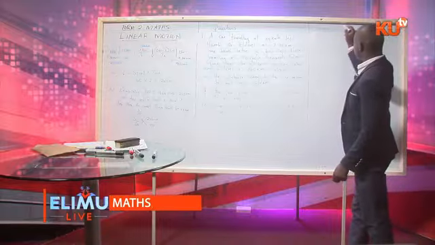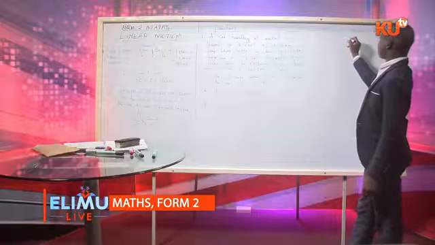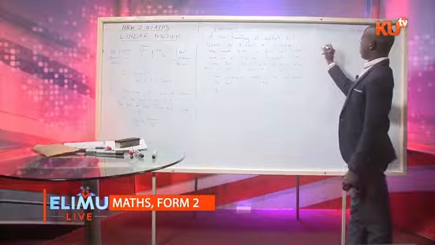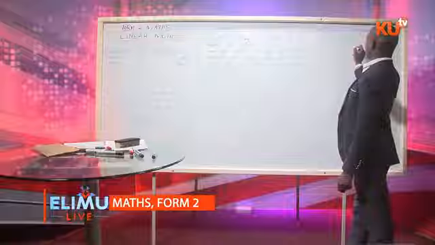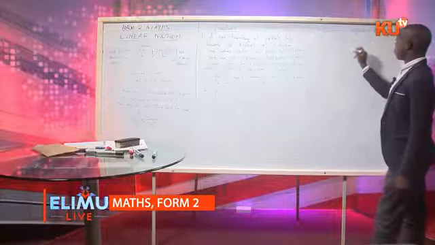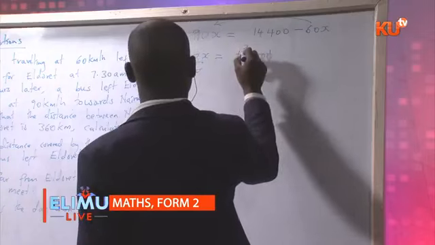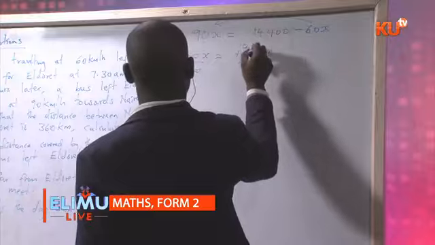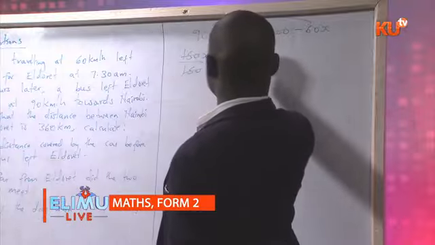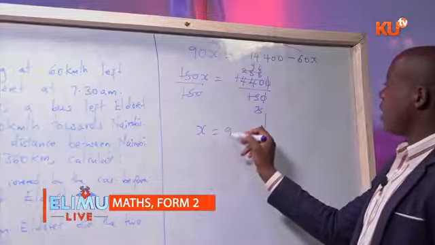I'll take negative 60x to the left side, so we have 150x is 14,400. Then we divide by 150. 5 is 3, 5 is 2, 44 is 8, 40 is 8. And 3 is 1, 3 is 9, 3 is 6. So x is 96